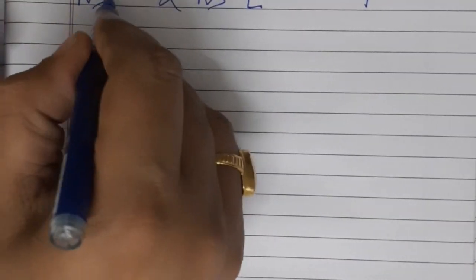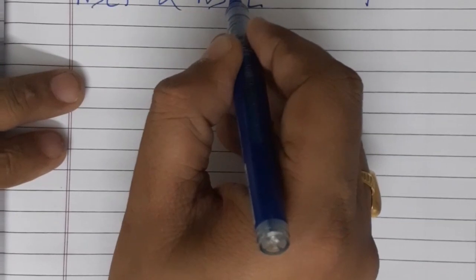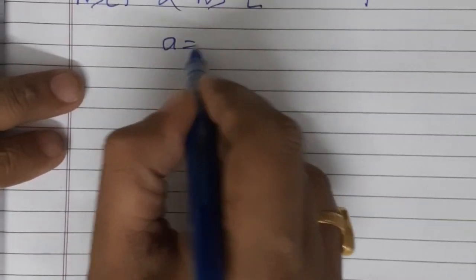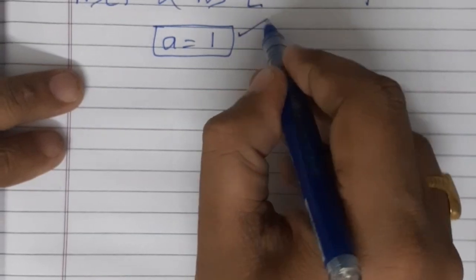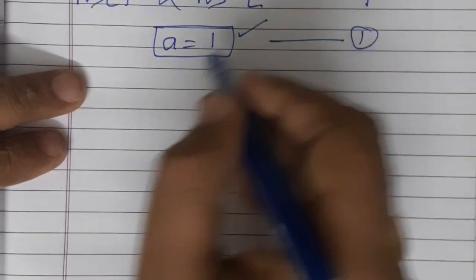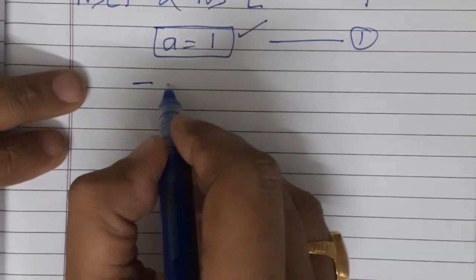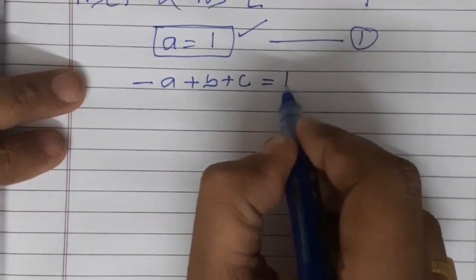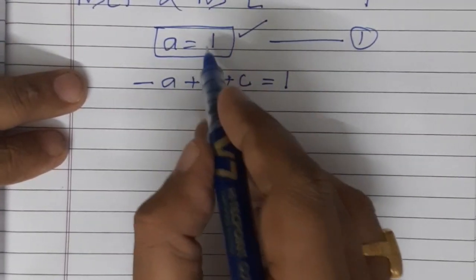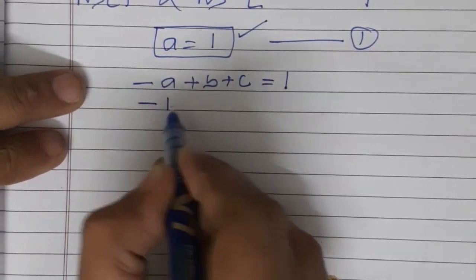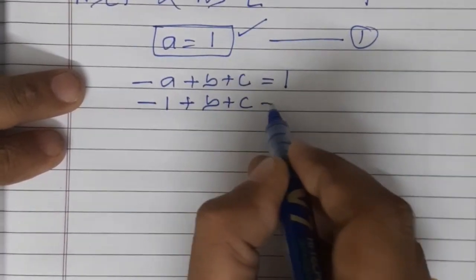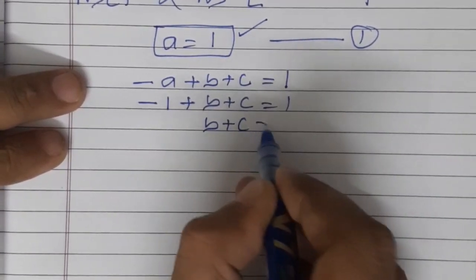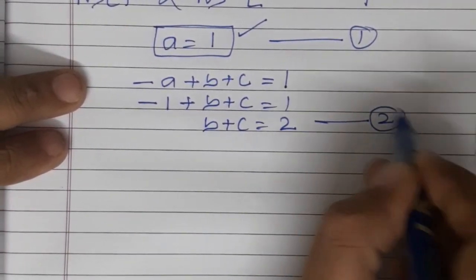And along this side it is MLT minus 2. Now step 3, comparing the powers. M की पावर क्या है यहाँ पे a, इधर क्या है 1. So a is directly equal to 1. a की वैल्यू तो यहाँ से डायरेक्टली आ गई. This is equation number 1. Then comparing the powers of L with L, minus a plus b plus c is also equal to 1. If I put the value of a right over here, I will get minus 1 plus b plus c is 1, or I can write b plus c is equal to 2. Let this be equation number 2.